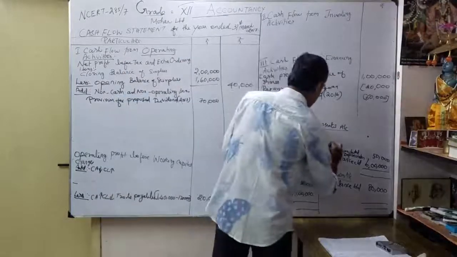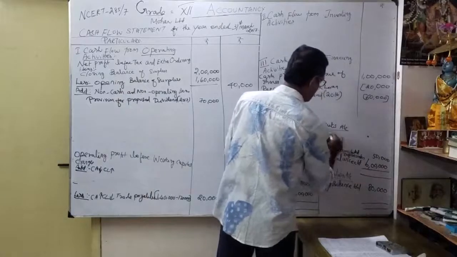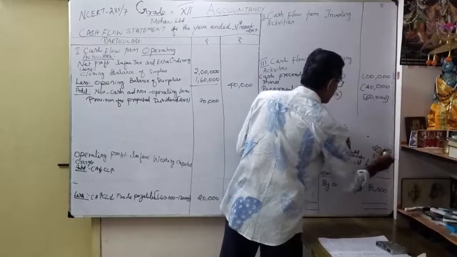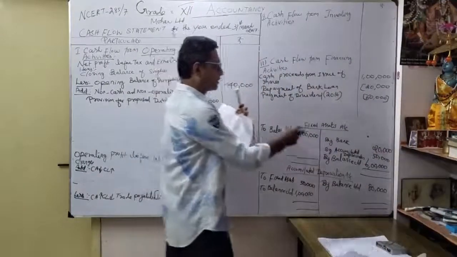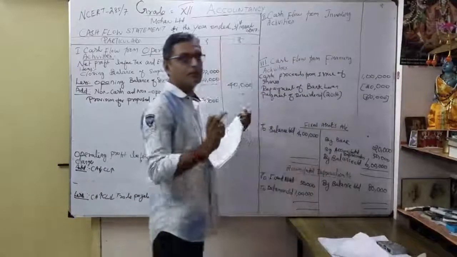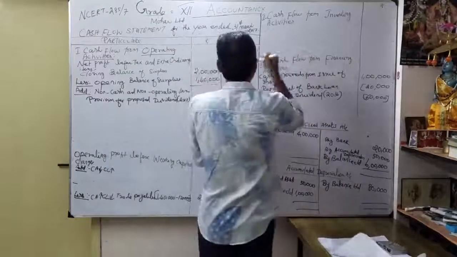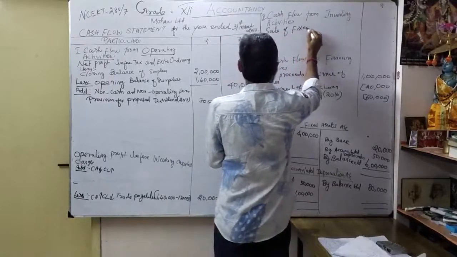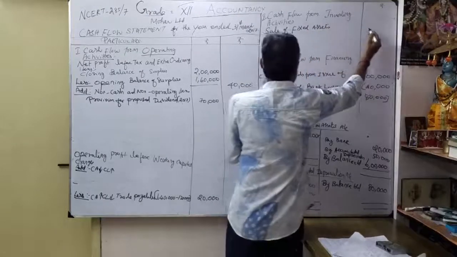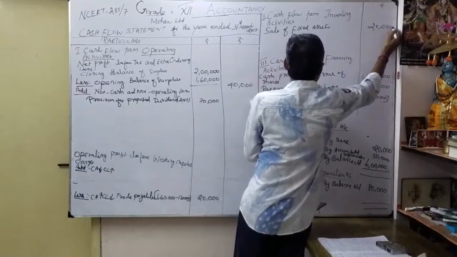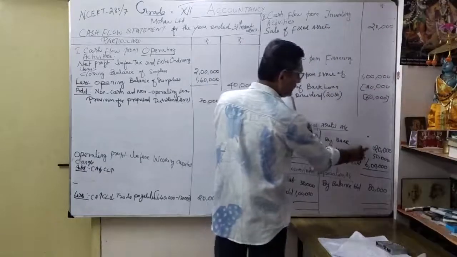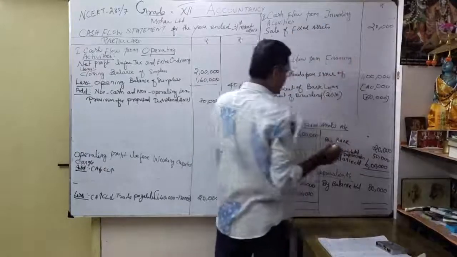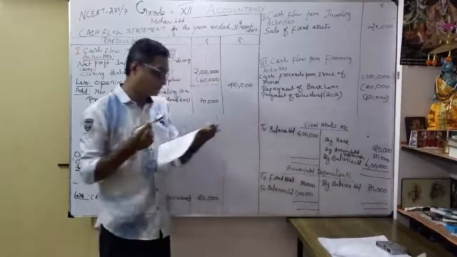I am going to write it here. That's bank account debit to fixed assets account. So by bank, how much? 20,000. So immediately I am going to write 20,000 where? So this is the sale of assets, 20,000. I am going to write here sale of fixed assets. How much? 20,000. That's what simultaneously you want to do. So this 20,000 I given effect here. Similarly, I given the effect for sale of fixed asset in the investing activities. How much? 20,000.